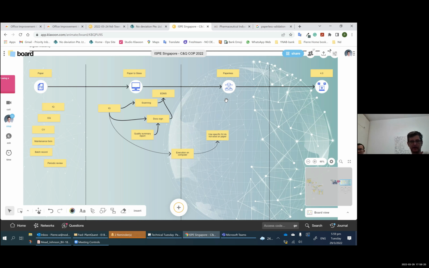Then very quickly you will see that everybody will want to ask more of those data, right? We will want to have trends. We already start to see when we do a paperless solution, people want to review